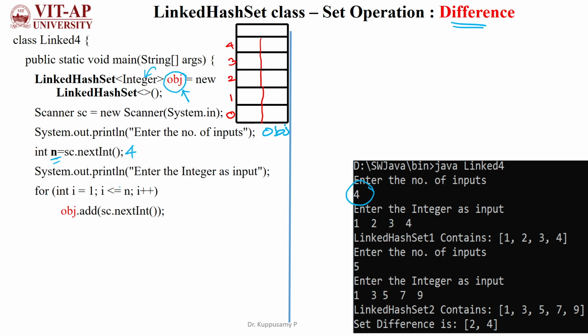Now I'm receiving 4 number of elements through the next integer by using the scanner class object during the runtime. First I'm receiving 1 when i is 1, then adding it into the obj. So the obj structure is this one initially, which has the address field as null. Then i is incremented to 2, so 2 is less than or equal to 4, which enters into